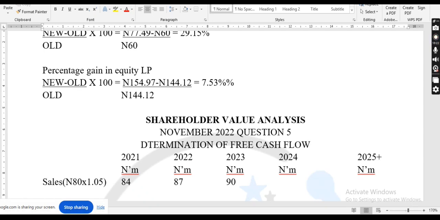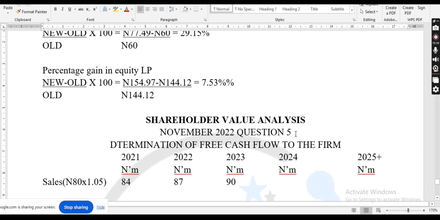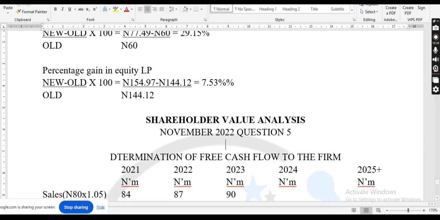Okay. Free cash flow to the firm. They will now do the equity, right? Let me put it this way: free cash flow to the firm, then we'll remove the debt. Then the name of what we should calculate for